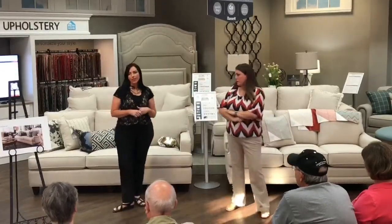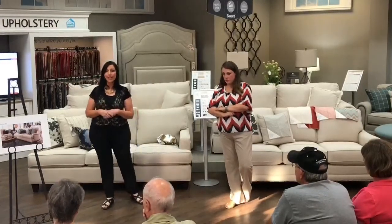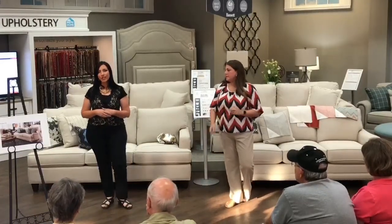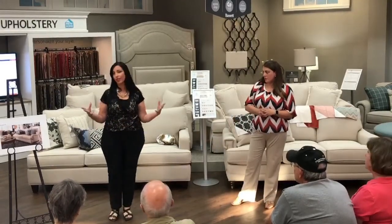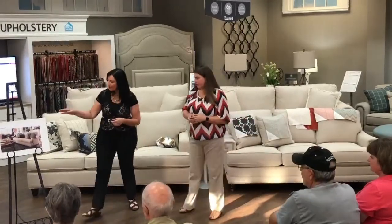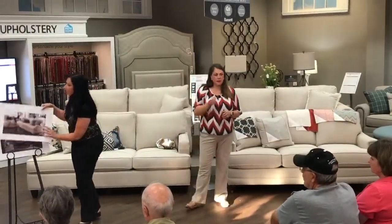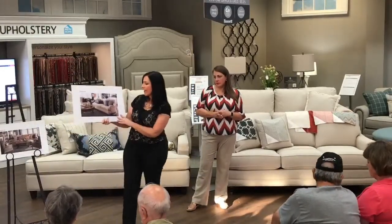So there's finishes from a brown tone finish to a cherry finish to different painted finishes. There's so many different options, and really the finish really changes the whole look of the entire piece. It really does. So for example, on this room, the picture number 3, room setting, if you look at that,